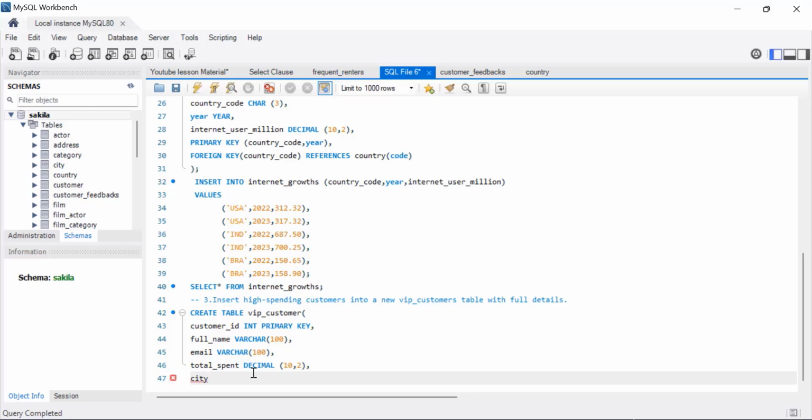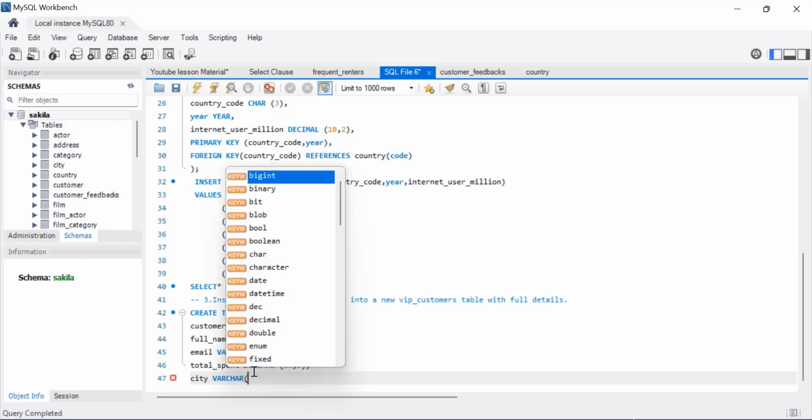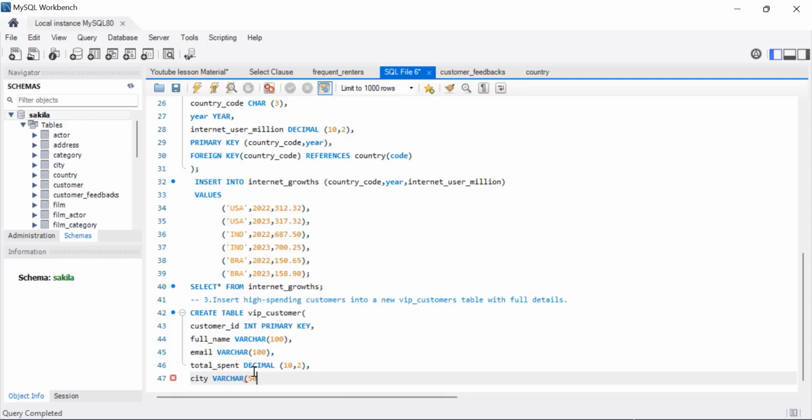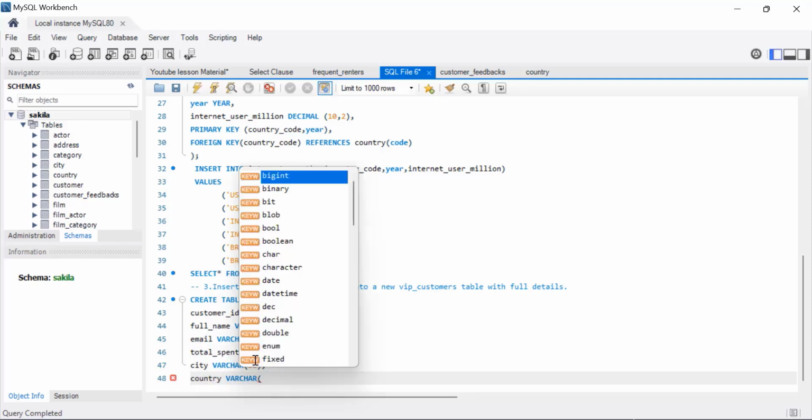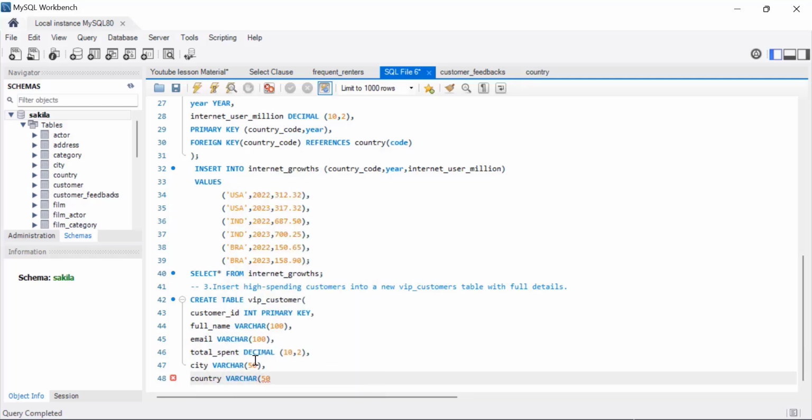Now I want the city. I'll leave that as a varchar, open parentheses, let's say 50 characters. Now I want the country, varchar. Now that's 50, open close parentheses,